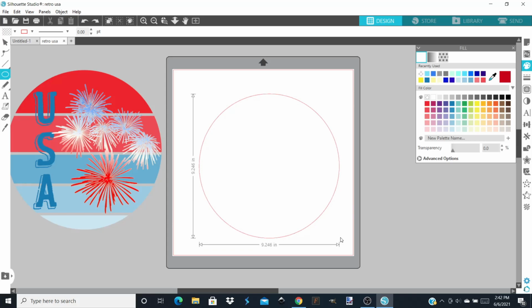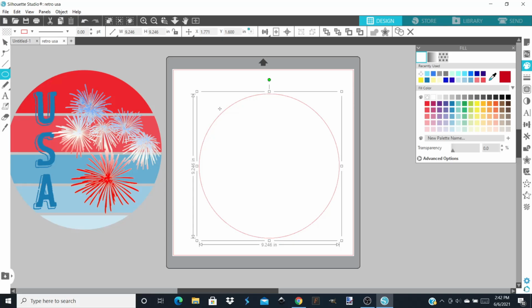It'll create a perfectly round circle. You want to let off your mouse first and continue holding Shift down, because if you let off Shift first, it will go into an oval, not a circle. So there we have our circle,